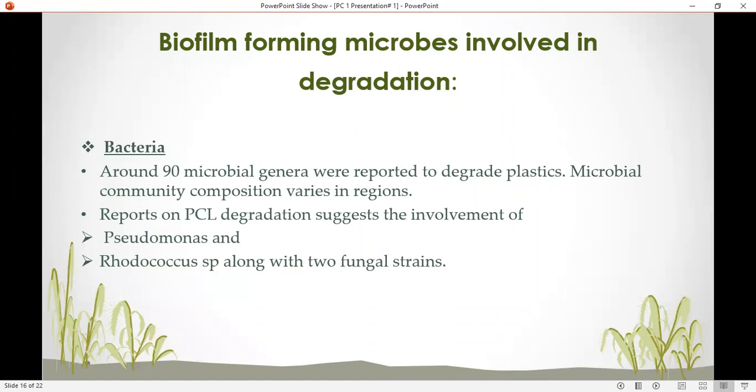Microbial community composition varies by region. It has been suggested that Pseudomonas and Rhodococcus species, along with fungal strains, can be used, except that there are many species which are used in this process. Here we see some species and their action on the different polymers, like